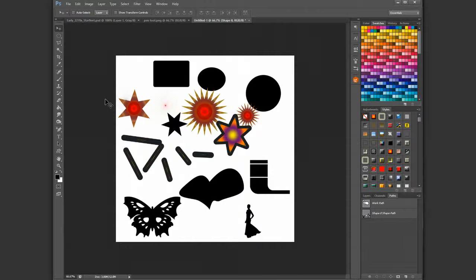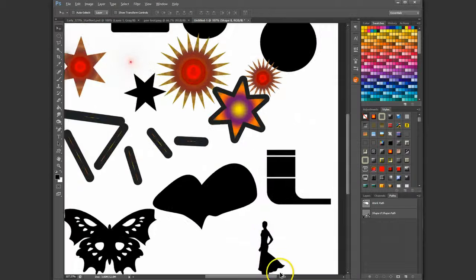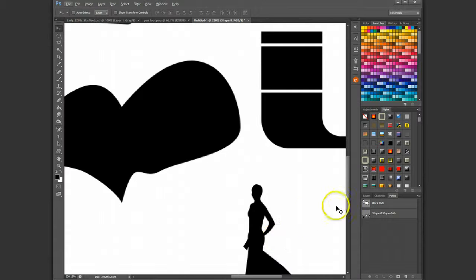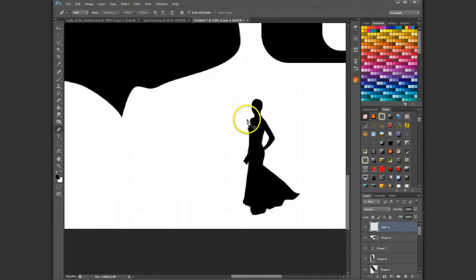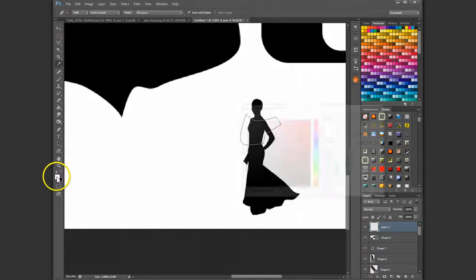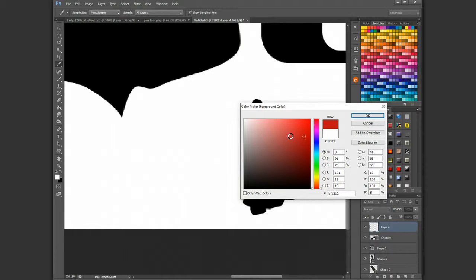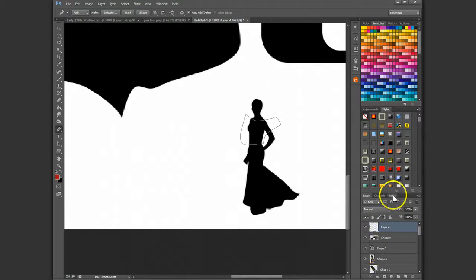Custom shapes is much more fun, and you can even combine the pen tool and the custom shapes, of course. Let's say we take the pen tool here to make this top she's wearing a nice color. Now, as you see, I am using the pen tool way outside this shape, and you will see what I'm going to do. Let's make this red and fill,